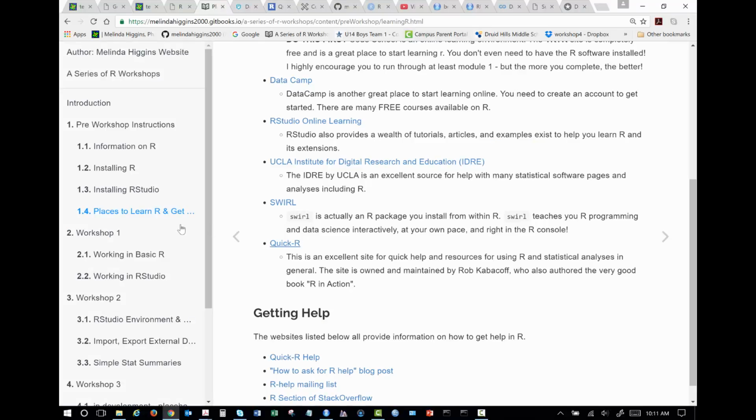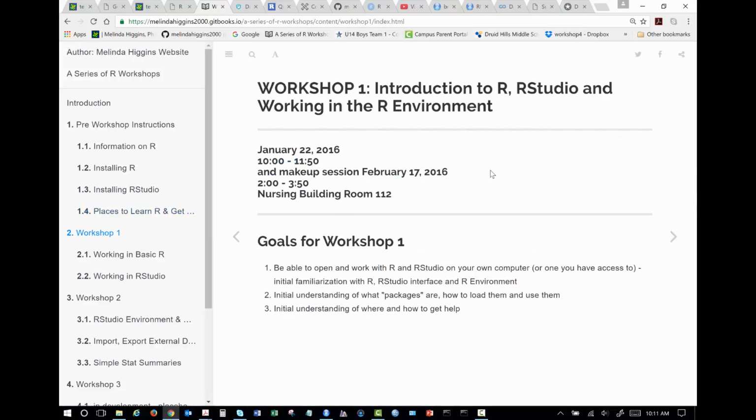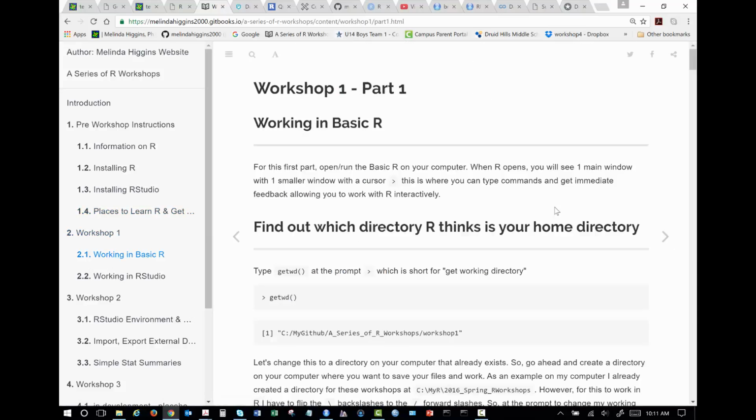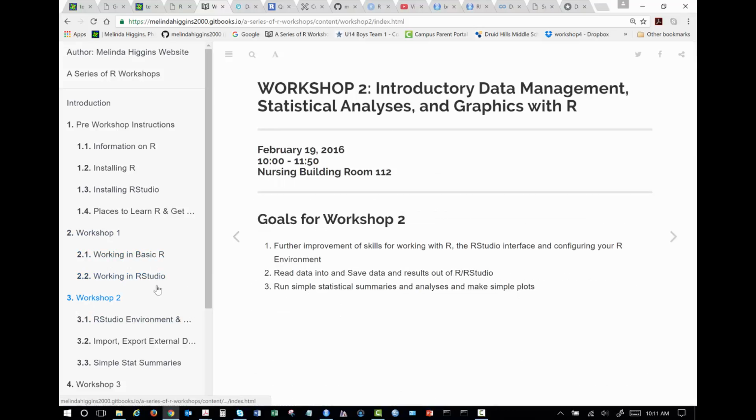Okay, so there's more things here, and just to let you know, I'm not going to go through this, but these are actually copies of everything I did in the first 2 workshops this past spring. So everything's here. It shows you what to do in basic RStudio, and then there's some more information in this next series of things from the second workshop that I did.